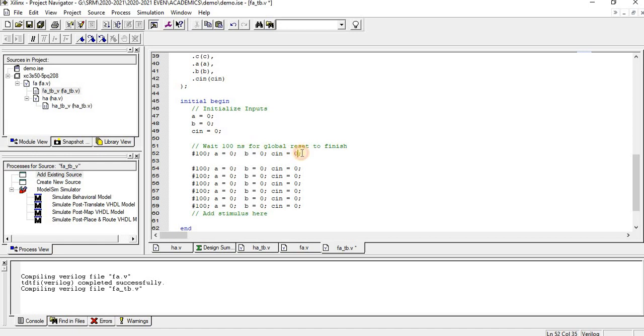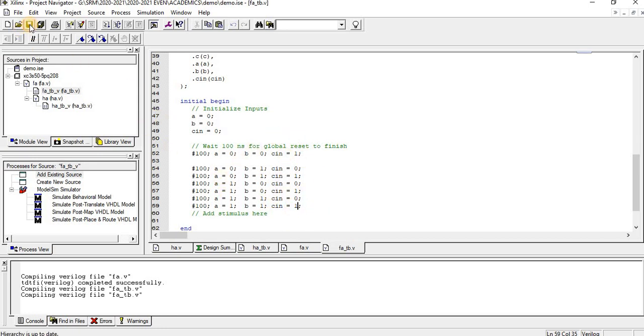So 000, 001, another case 010, 011, 100, 101, 110, 111. So we have done all the cases.